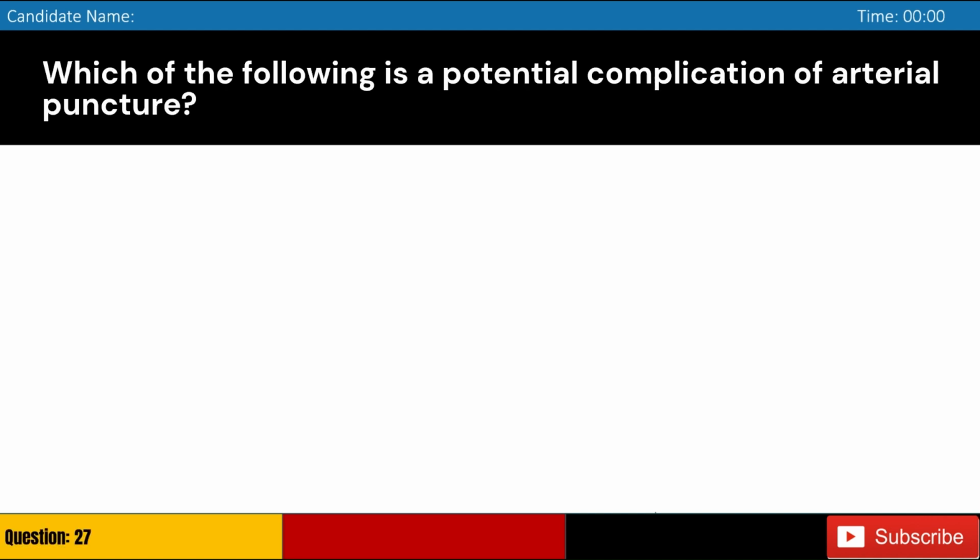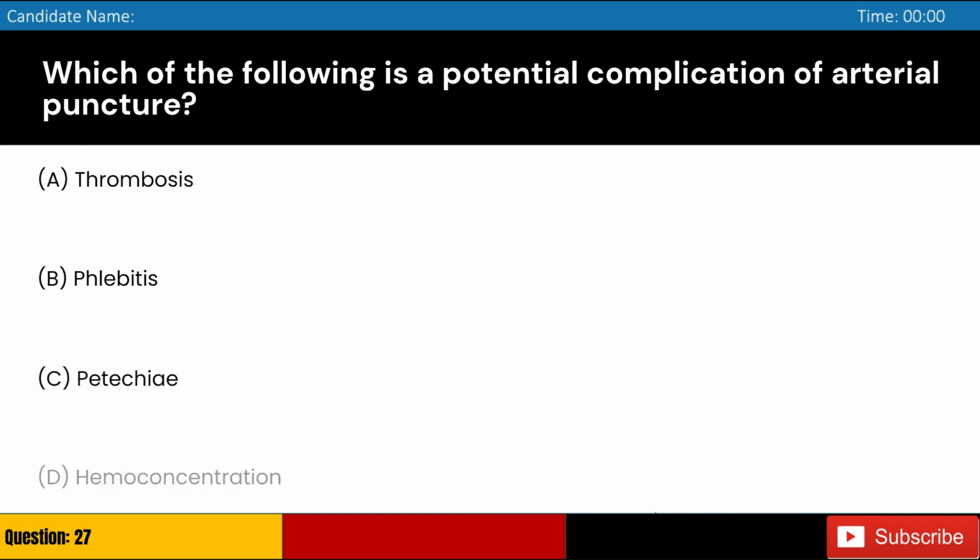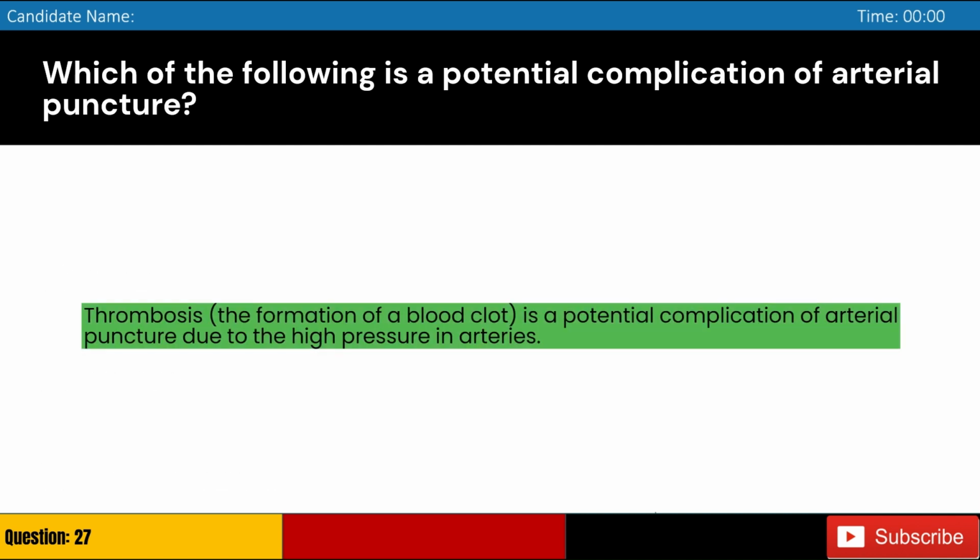Which of the following is a potential complication of arterial puncture? A. Thrombosis. B. Phlebitis. C. Petechiae. D. Hemoconcentration. Answer A. Thrombosis, the formation of a blood clot, is a potential complication of arterial puncture due to the high pressure in